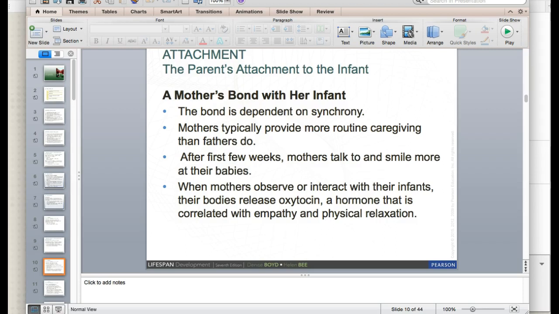There's a study done on, I forgot the name of the book. It's called the Still Face Experiment, and it was a study done with a mother and an infant, and the mother was prompted to interact and laugh and play with the baby, and then the next minute she was required to stand still while the baby was trying to interact with her, to see what type of reaction the baby would have. And you can see in the video, once the mom and the baby were interacting and having fun